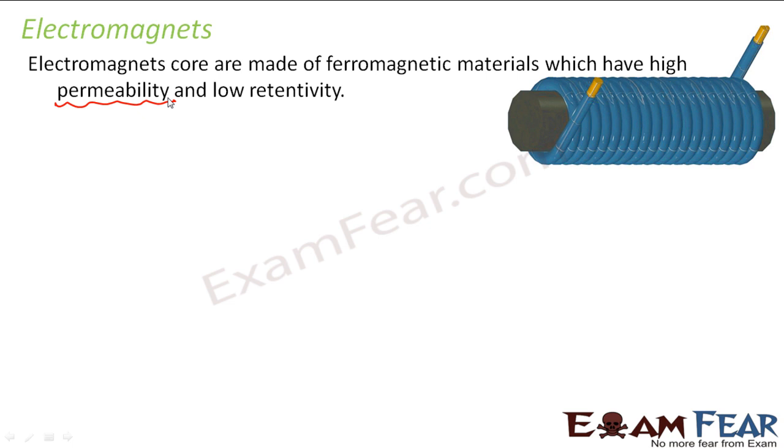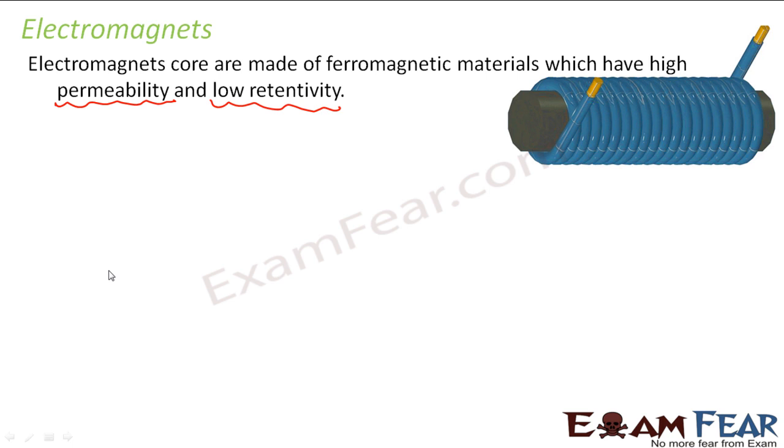To get demagnetized quickly, that means as soon as you remove the magnetic intensity, the magnetization should also reduce to zero. That means the retentivity value should be very less, right? Because if in the hysteresis curve the retentivity value is very less, that means as soon as you remove the magnetic intensity, your magnetization will reduce to zero. So the substance will get demagnetized, right? And also for electromagnets, as the purpose in which they are used, they are subjected to cyclic changes. Therefore, there should be less hysteresis loss.